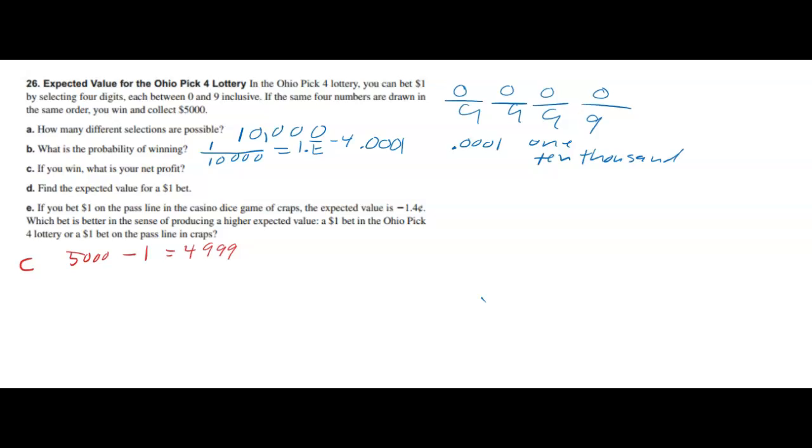Then in part D, it says find the expected value. The expected value is the probability of winning times the amount you win, minus the amount you spend. So the probability of winning in this case is 0.0001. The amount you win is 5,000. The amount you spent is 1. So when I multiply 5,000 times 0.0001,